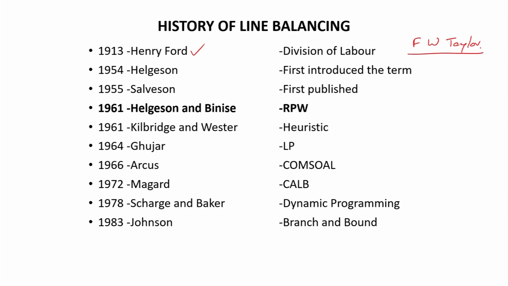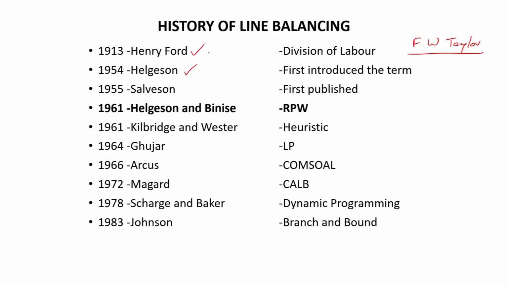That means the total work required to perform a task, the total labor required to assemble a complete fan, need not be done by one person. It can be distributed, divided among several workers. So, that is the concept of division of labor. The total labor required to perform a certain task may not be given to one worker; rather, it can be divided among various workers, various workstations. Henry Ford took the clue from that, and he divided the total assembly of a car among various workstations, among various workers, and that gave birth to the assembly line